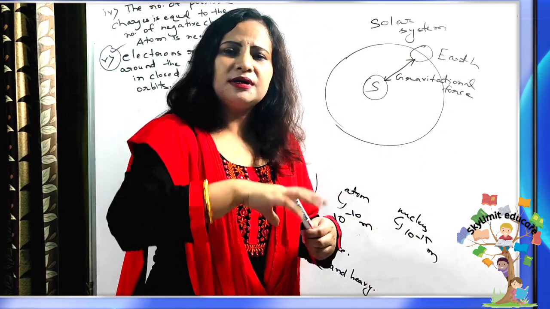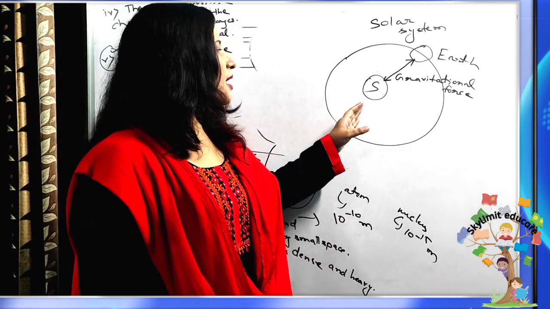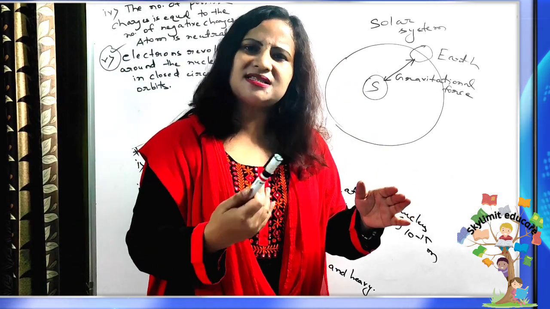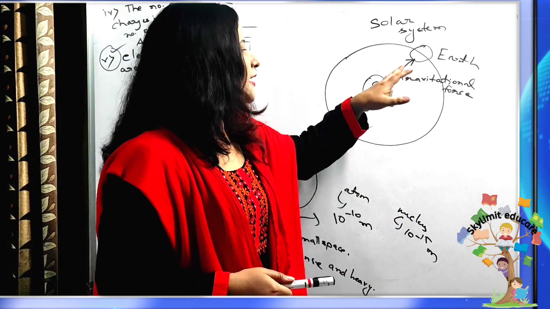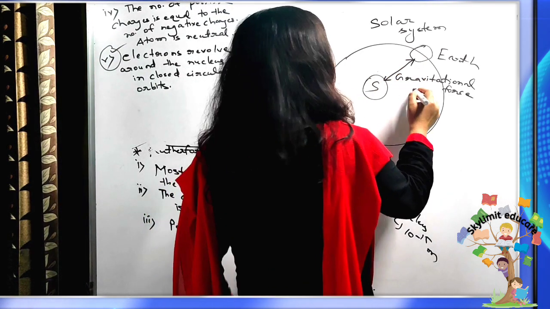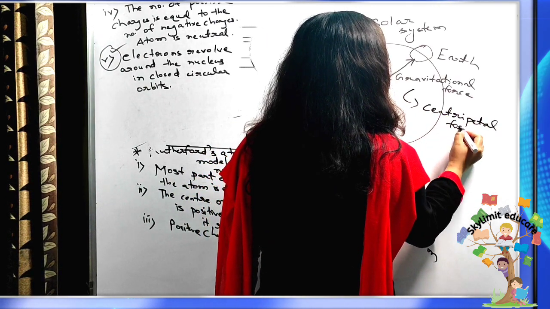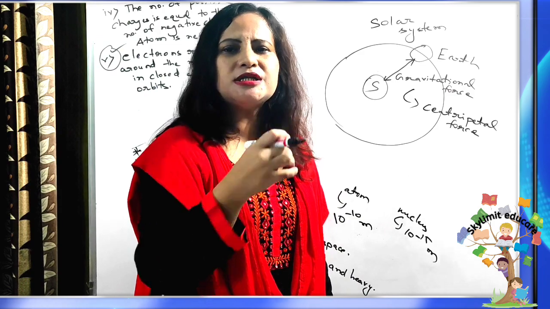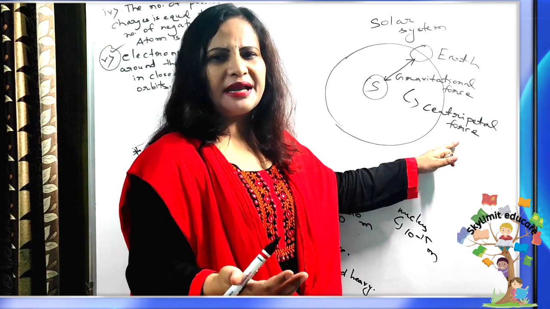Yes or no? And we know that the Earth revolves around the sun because the sun has a greater mass, it has a greater gravity. So all the planets in the solar system revolve around the sun, just like our Earth. Yes or no? So what happens? The gravitational force between the sun and the Earth is converted to what? Centripetal force, actually, which enables the Earth to move around the sun in a circular orbit. Okay. It's a term in physics, centripetal force, centrifugal force. You'll be reading it in physics again.